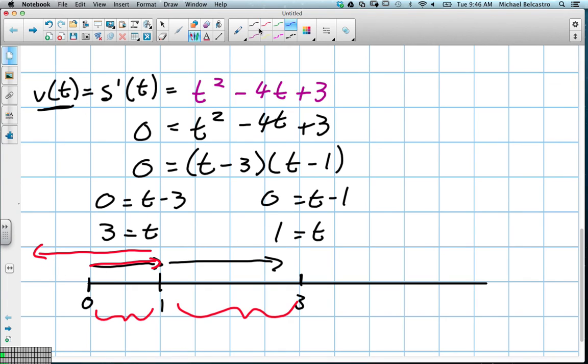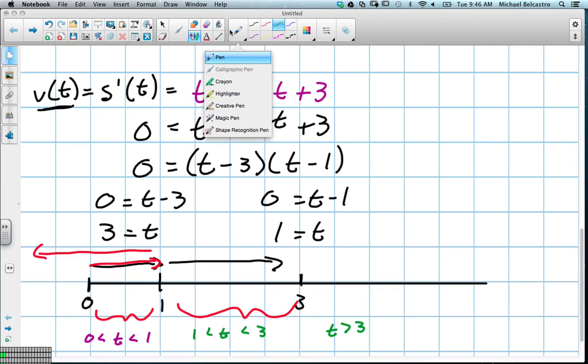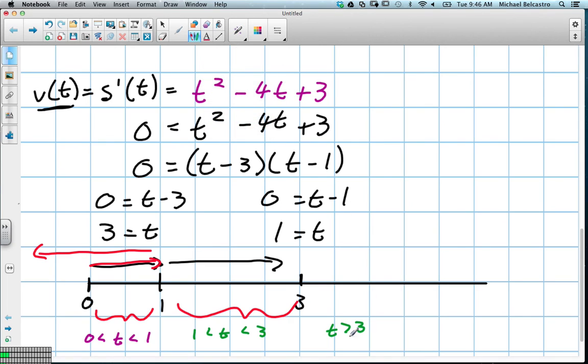So there are 3 intervals, and anything greater than 3 we'll have to figure out. So we're going to be looking at time between 0 and 1. We'll be looking for time between 1 and 3. And we'll be looking for time when it's greater than 3. Okay? So in order to figure this out, we're going to take our values, and we can take any value